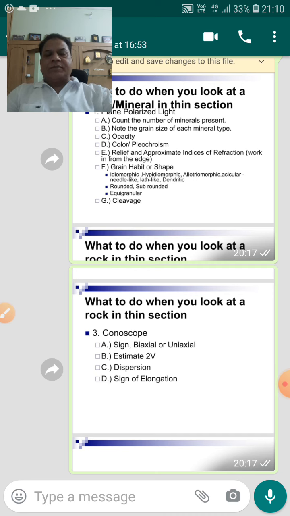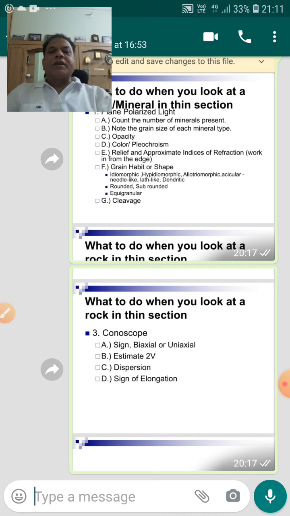Now, for systematic determination, because a rock is named on the basis of the minerals that are present, once you have a thin section of a rock which you are going to identify, first of all you should have an idea of the felsic and the mafic minerals. Your rock forming minerals are broadly categorized in two categories, that is, felsic minerals and mafic minerals. So before putting the slide under the microscope, just visualize the slide with your eyes and try to get an idea of what percentage of the minerals are felsic and what percentage is mafic.